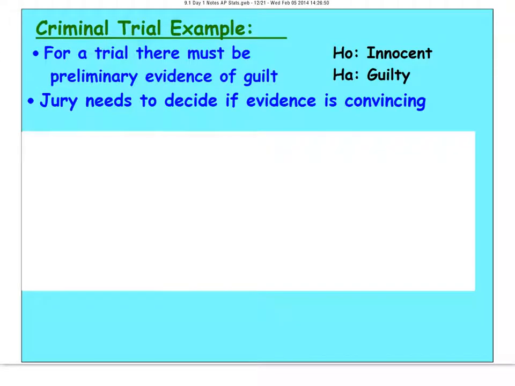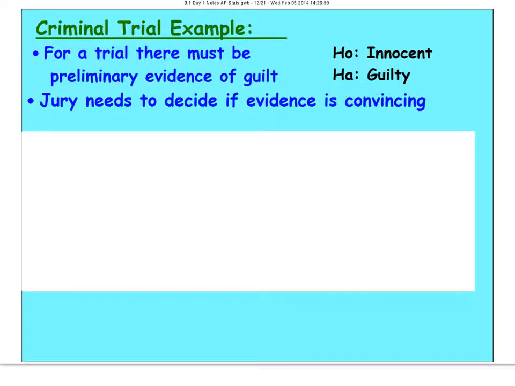Let's put it in a general context with a criminal trial example. Now, for a trial to even take place, there must be preliminary evidence of guilt. If there's not even preliminary evidence, they're not going to waste their time and actually even go through a trial. They're going to skip it. So therefore, when you define the hypotheses for this, H sub O is innocence, but you're going to court because we think you're guilty. Therefore, we're trying to prove or conclude that H sub A, which is guilt, is the